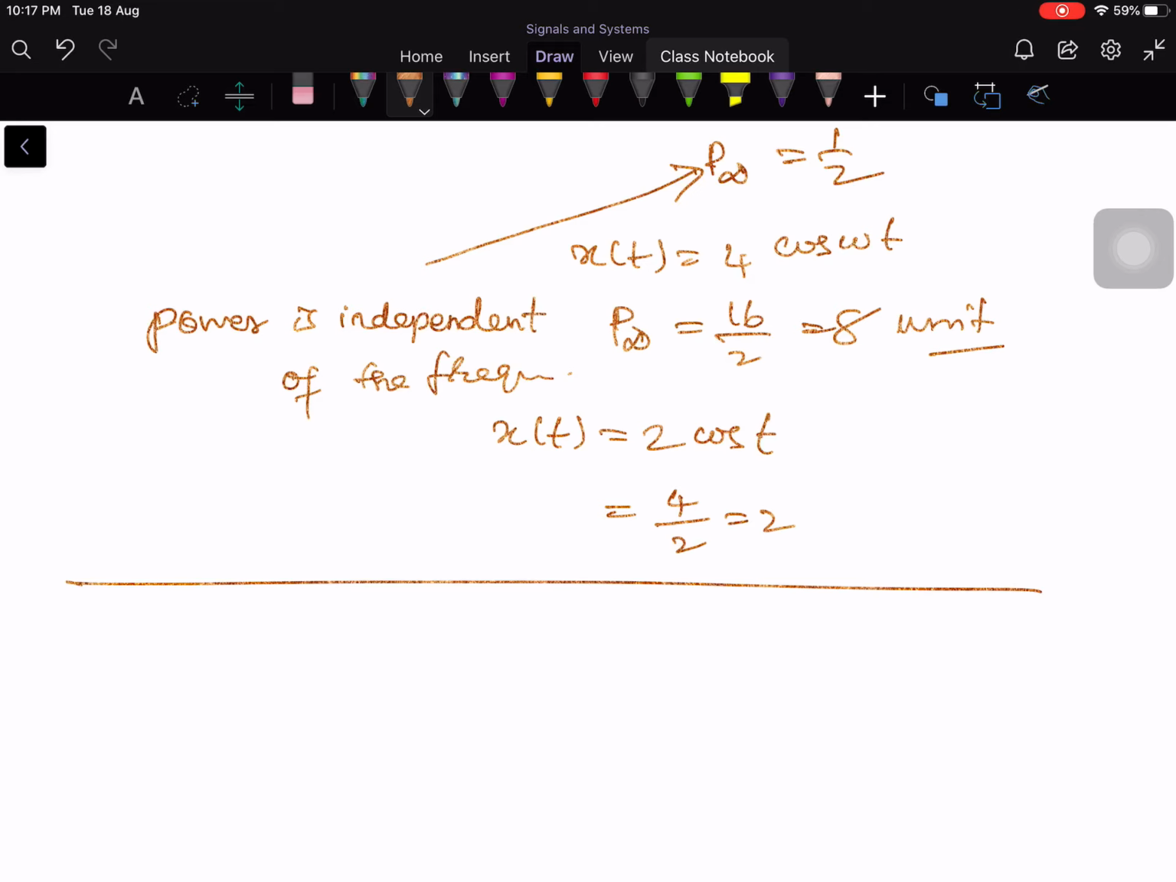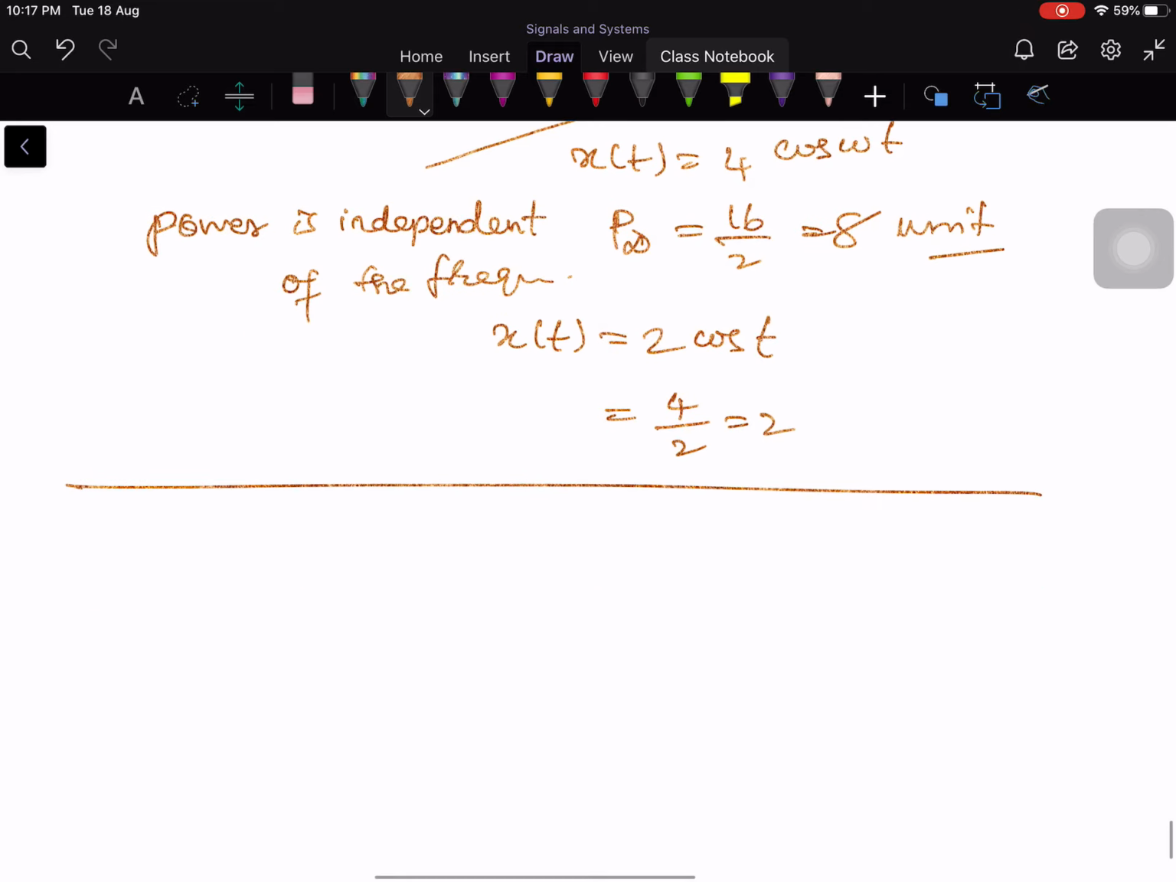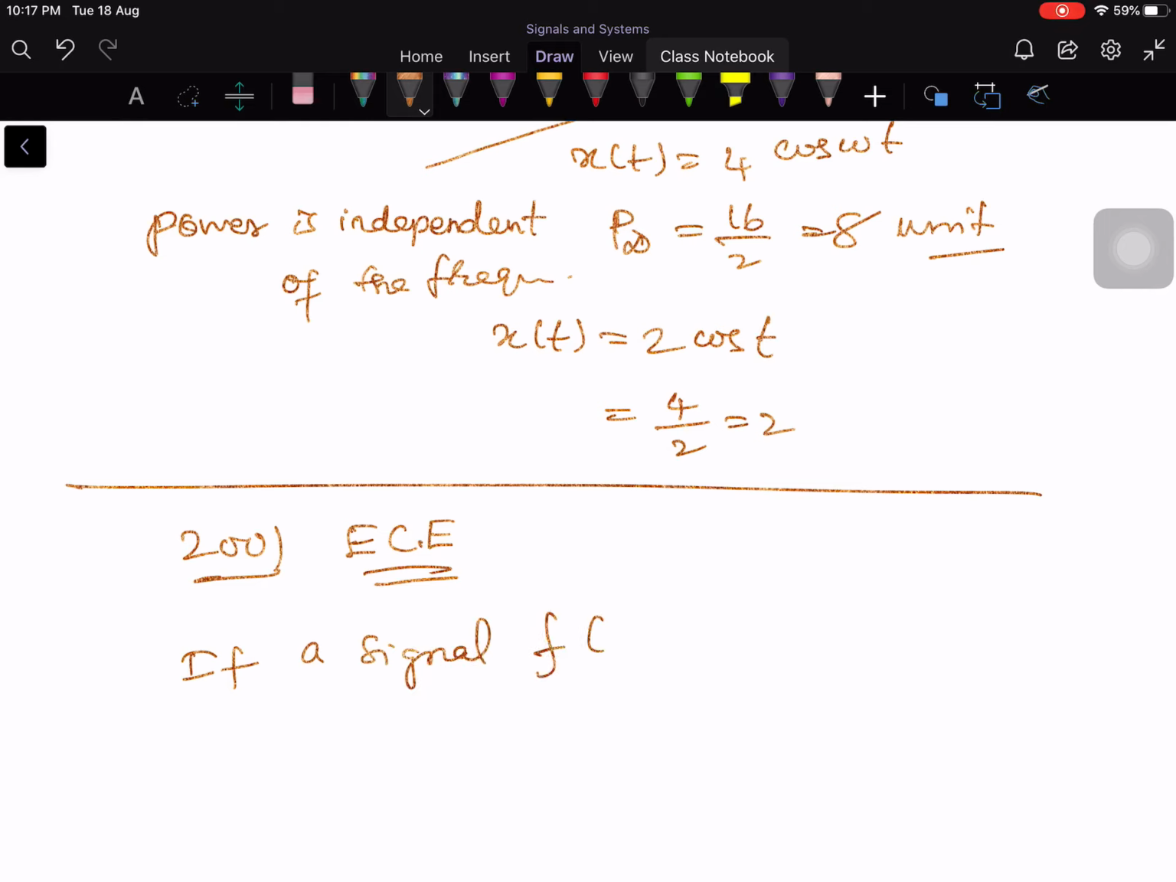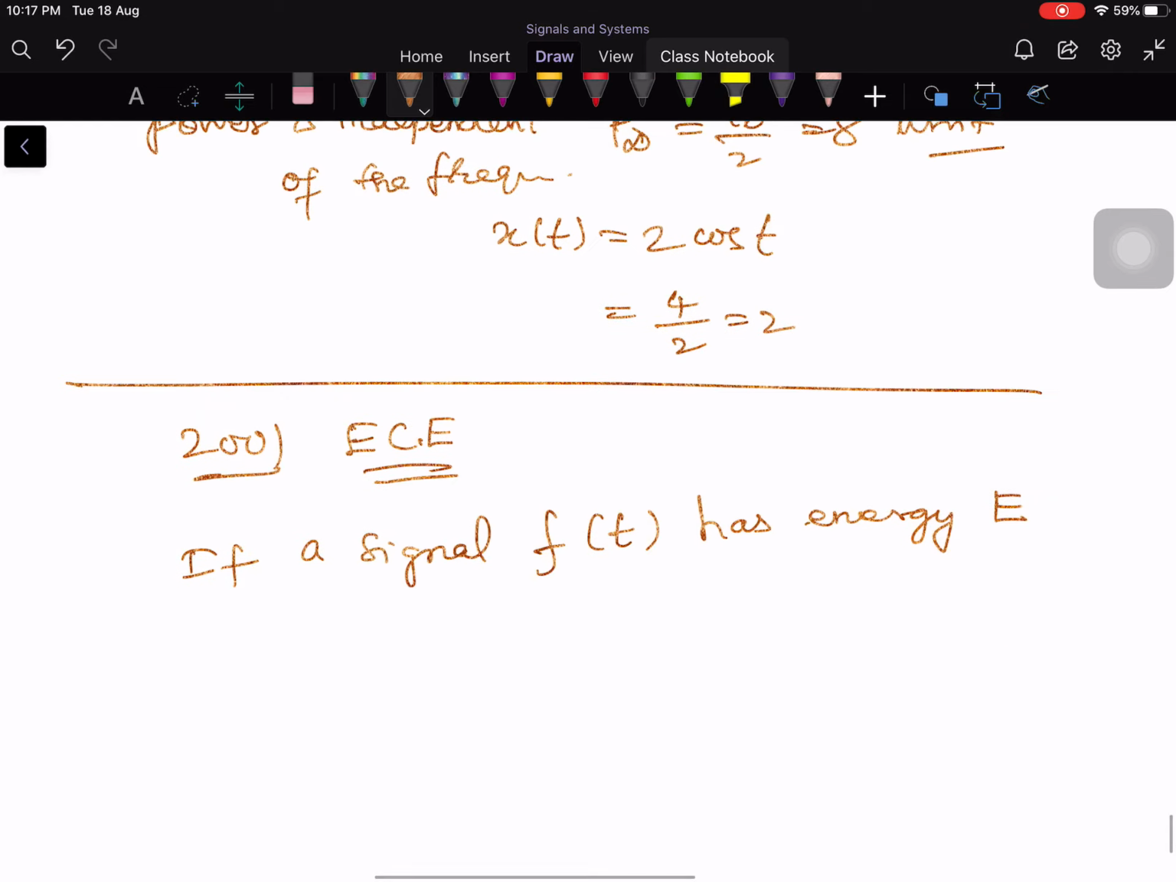I will take one GATE question. This is 2001 ECE, Electronics and Communication Engineering. So let me write down the question. If a signal denoted by f of t has energy E, they did not say what is the amount of energy, they simply said E. The question is the energy of the signal f of 2t is equal to,